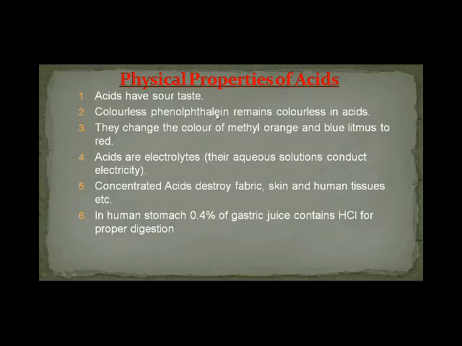Phenolphthalein is an indicator. What is an indicator? Those substances which indicate the reaction. If we are having a reaction between acid and base, we can identify the reaction with the help of an indicator. So an indicator helps us identify whether our reaction is completed or not. In other words, it is a substance that changes color when added to an acidic or basic medium. There are different types of indicators. One of them is phenolphthalein, others are methyl orange and litmus paper and so on.